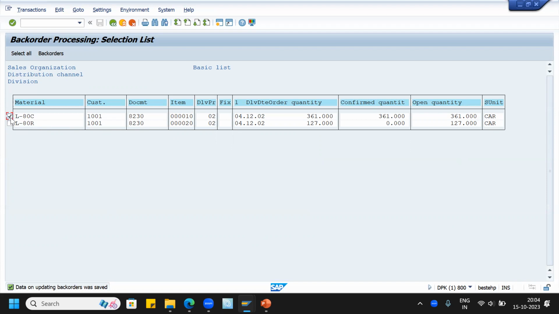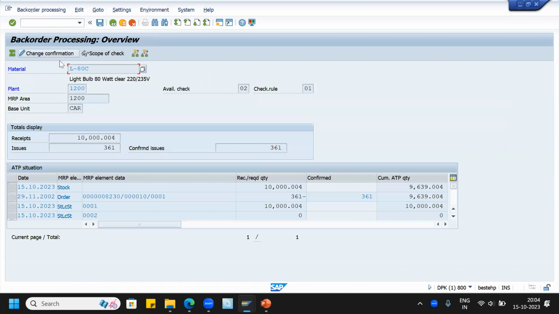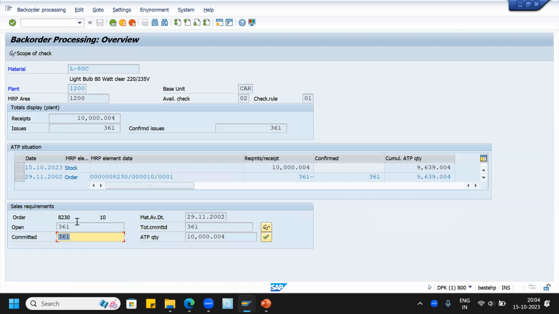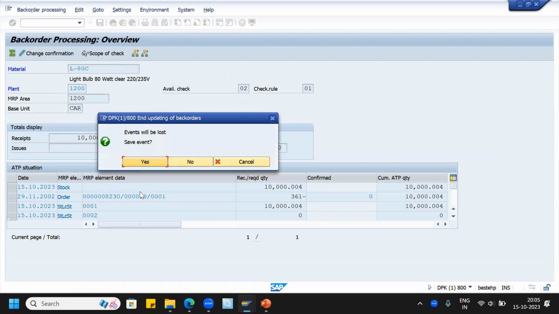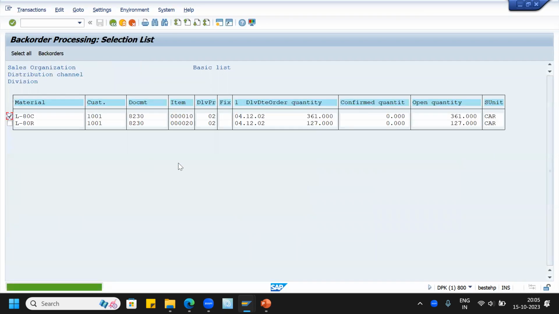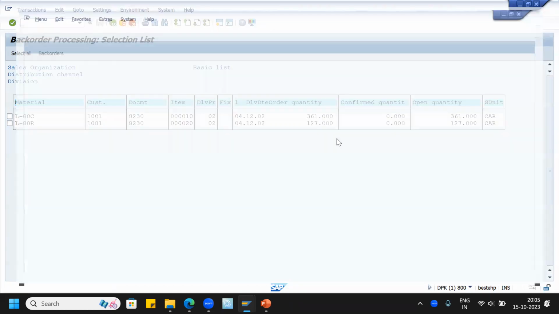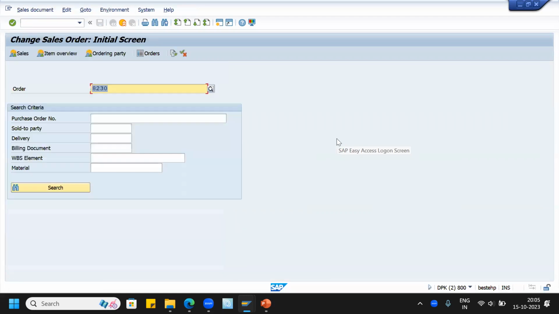Even if they wanted to reject both the orders, again, they have to make the confirmed quantity 0. Go to back orders, select these 361 quantities, change confirmation and remove it, and then come back, save it. Changes were copied, and then you can save and come back. See, these two line items have become 0 now. Now I'll go to the 8230 sales order in one more screen. Go to VA02 transaction,